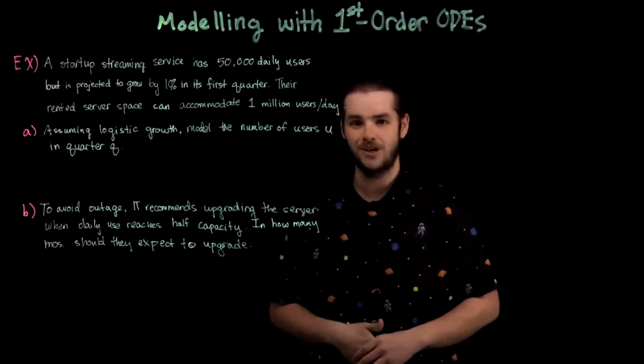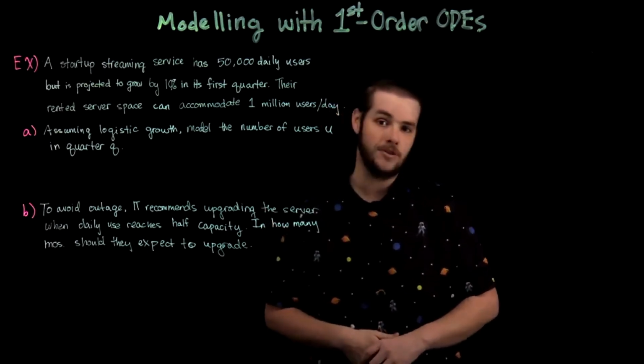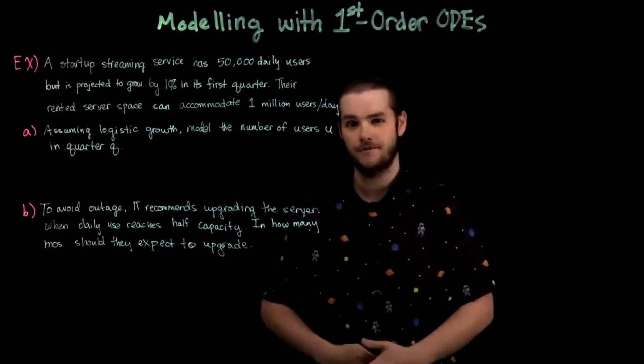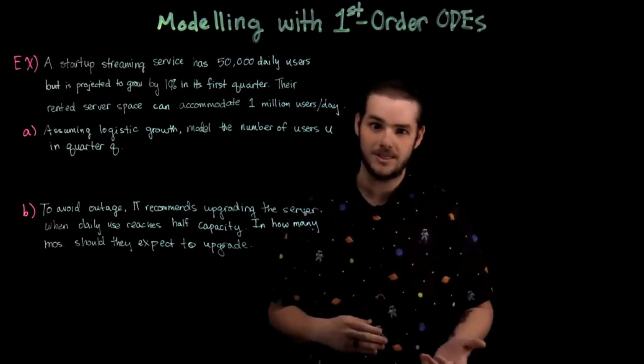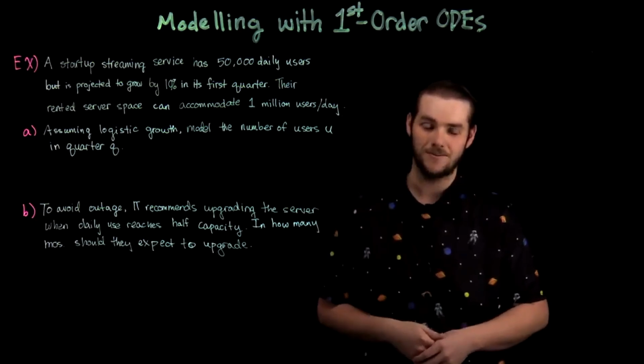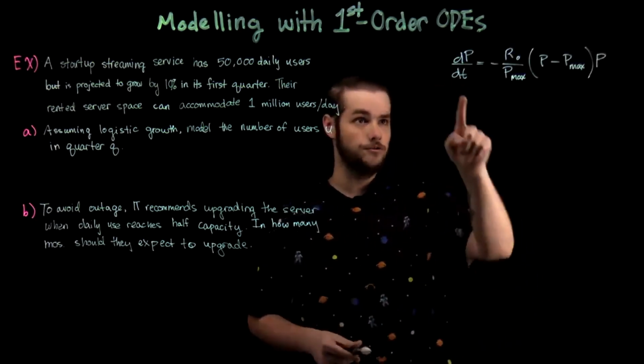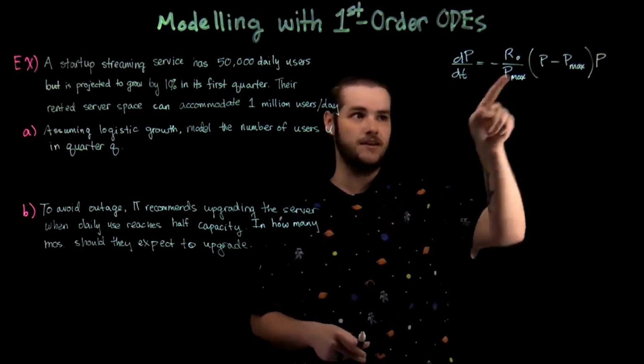And to avoid outage, IT is recommending them to upgrade their server whenever they start reaching half capacity. So I also want to figure out how long until realistically we're going to need to upgrade that server. Let's jump in. We just saw that this model follows the form dP/dt equals negative r0 over Pmax